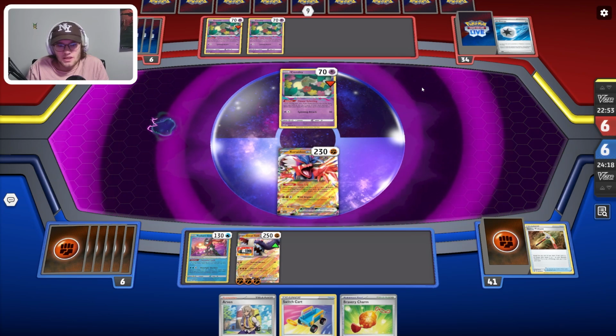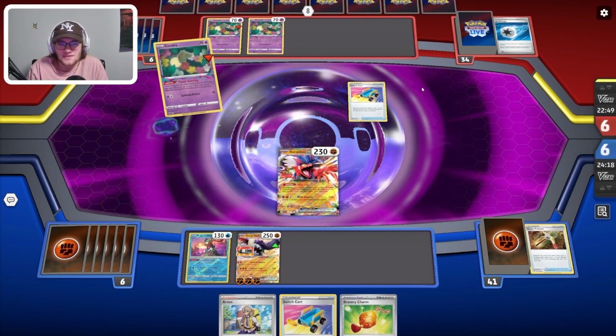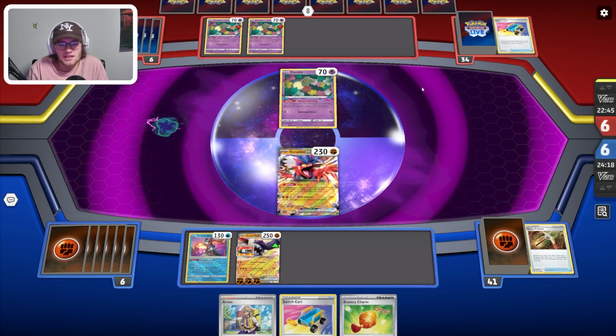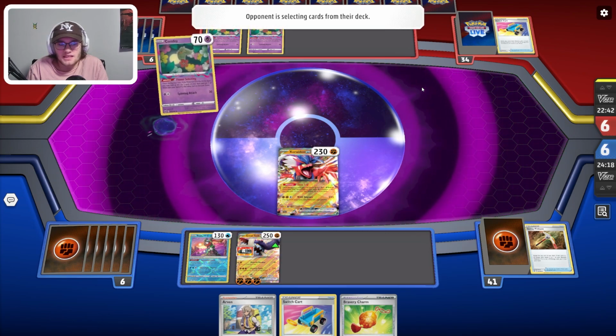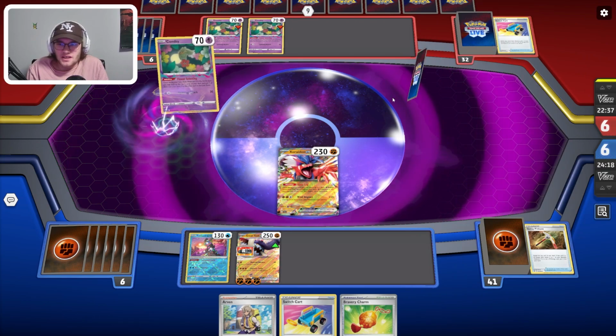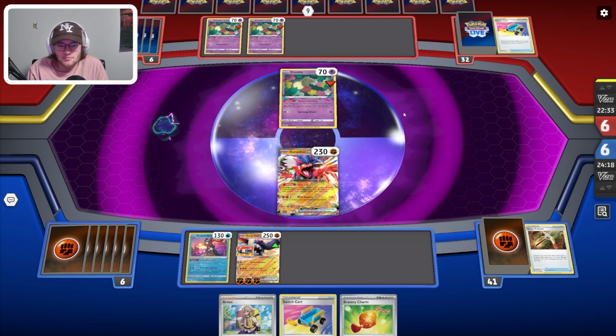Let's see what they're going into here. They're going to Switch Cart into the other Comfey. Waste that Switch Cart. That's fine with me. No Cramorant this turn is kind of not great for them. But you know what? I take it. I don't really care what they get. They're going to Flower Select. They've now dumped a Water Energy. That's pretty good, actually. Water Energy and Escape Rope. Escape Rope would kind of help us, but...